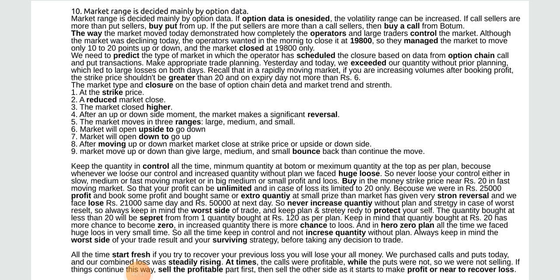Keep the quantity in control all the time. Minimum quantity at the bottom, or maximum quantity at the top, as per plan, because whenever we lose our control and increase quantity without plan, we face huge losses. So never lose your control, either in slow, medium or fast moving market, or in big, medium or small profit and loss. Buy in the money strike price near Rs 20 in fast moving market, so that your profit can be unlimited, and in case of loss it's limited to Rs 20 only,